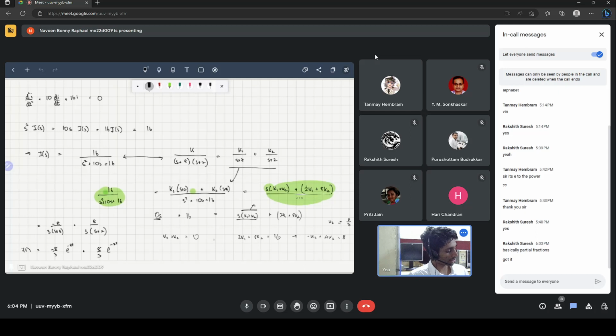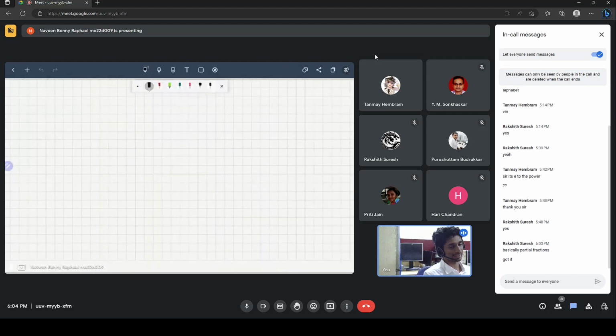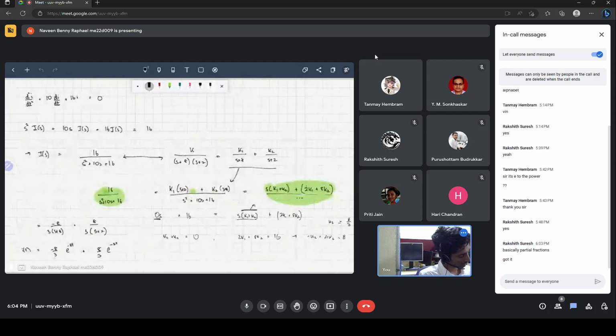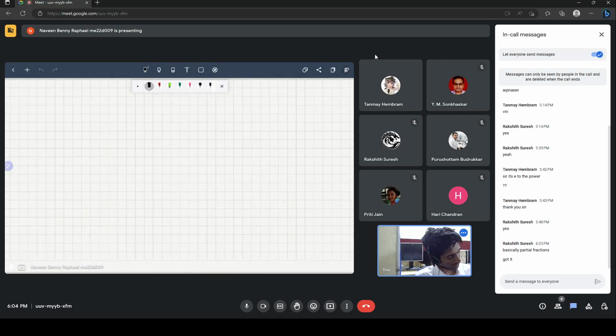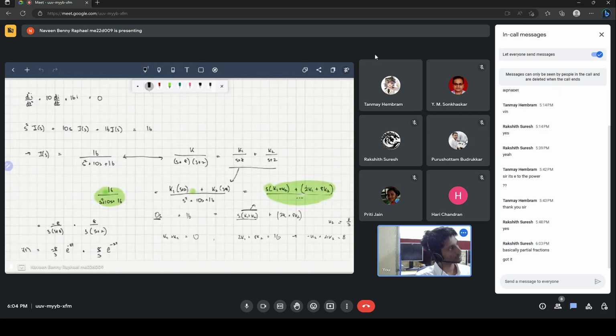So yeah, we can solve another question of this form. So for instance, had this been a step input, sorry, instead of a step input, had this been a ramp input, then we would have a